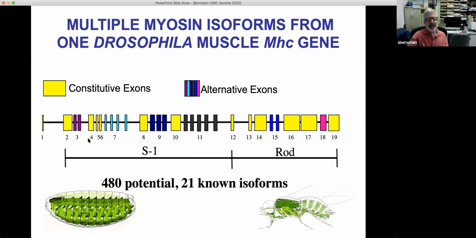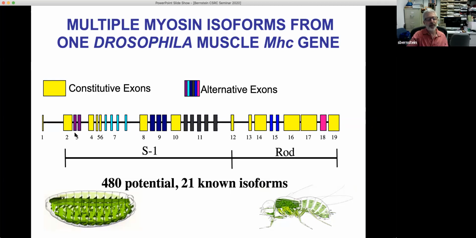And the way they handle these different muscles is that they make many different forms, as many as 21 different forms of the myosin protein. And the way they do this is not by using different genes, it's by using a single gene and using a process called alternative RNA splicing. So you may remember, you start with the gene, you make the RNA transcript, that gets processed, and that codes for the protein. Well, there's a complex processing mechanism for myosin where the coding region from the transcript from exon